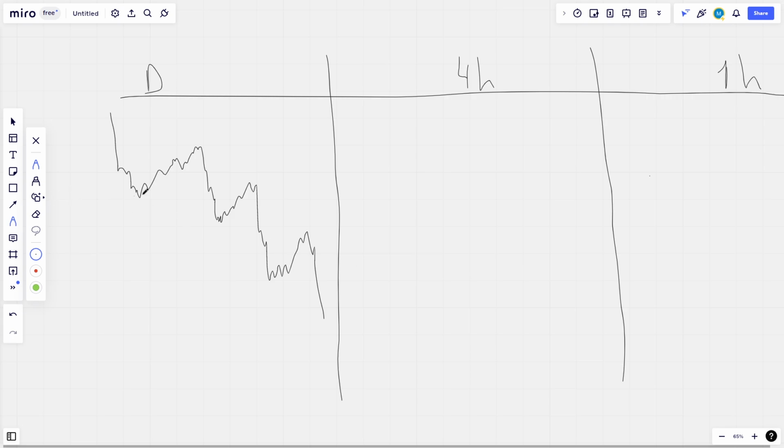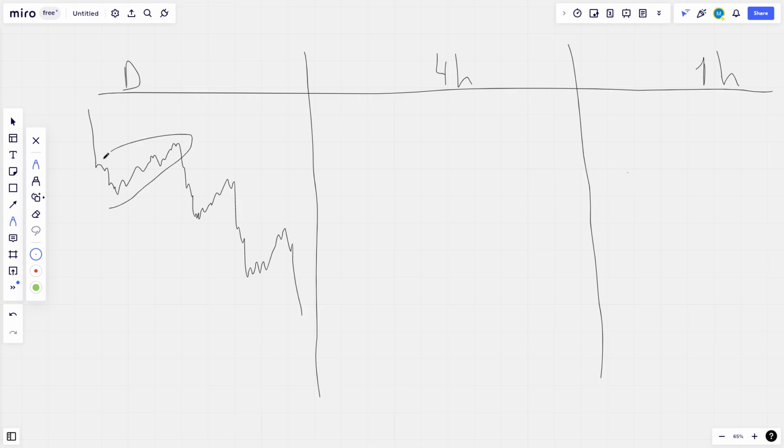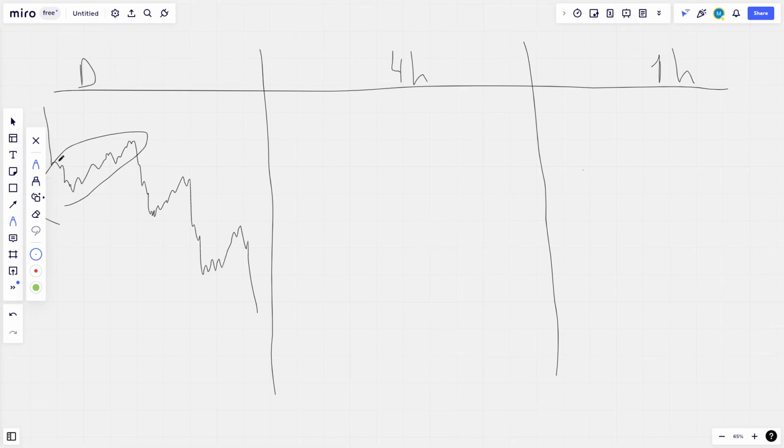Now let's look at a portion of that price action on the 4-hour chart. Let's suppose this is the price action that we want to see on the 4-hour chart. Well, the daily chart was clearly a retracement. We have a clear impulse. This is not even a change in direction. This is just the market going a bit higher, but just slowly. We can understand that this is a retracement because of the impulse that it creates, because it doesn't break any important structure, and maybe because it's taking buy side liquidity and going lower. Simple as that. I suppose we're looking into this price action in the 4-hour.